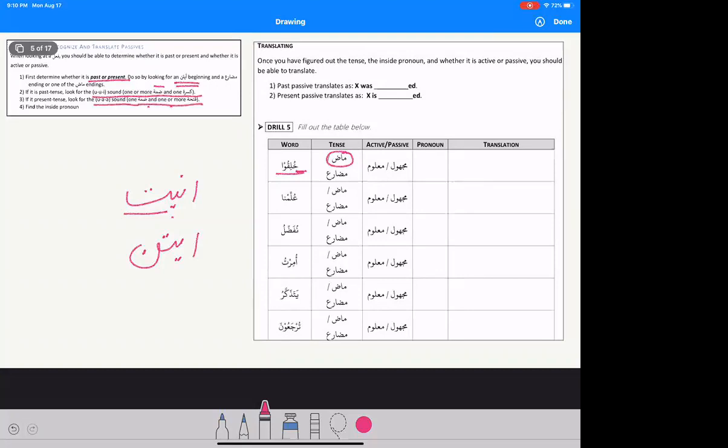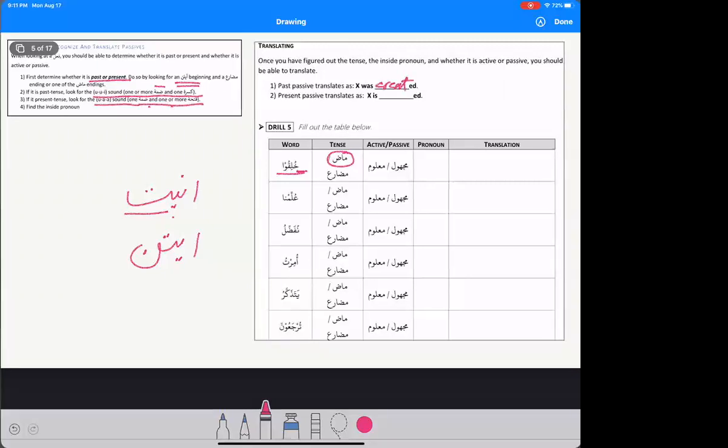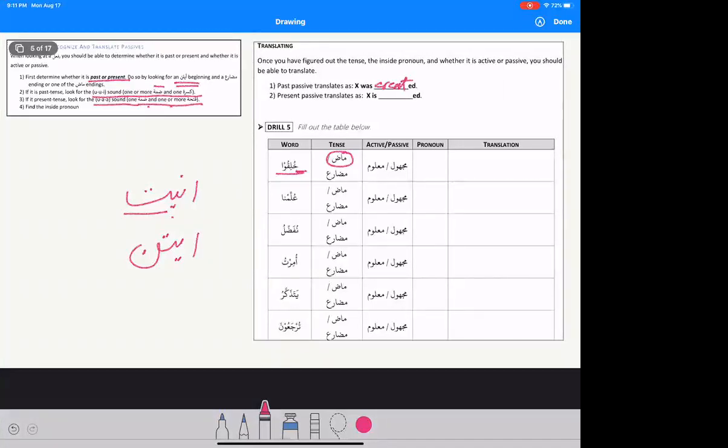And how are we going to translate? Past passive translation would be something was done, something was created. Okay, so we need to have past tense, or present tense, something is created. So this is how we are going to differentiate the translation. So now let's see some more examples over here. Khuliqu. So I hear u sound and e sound. Okay, so I have u and e, so that is telling me that this is my